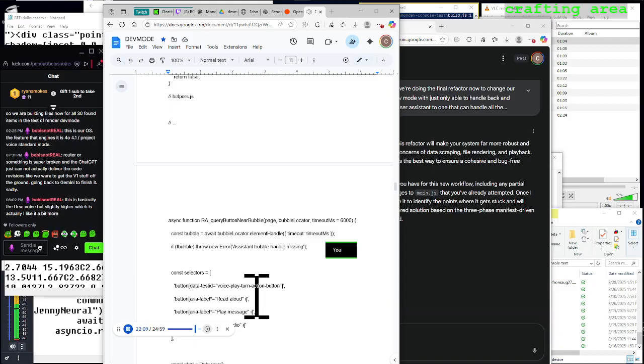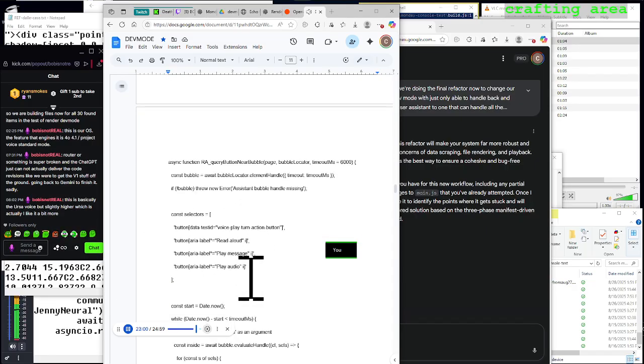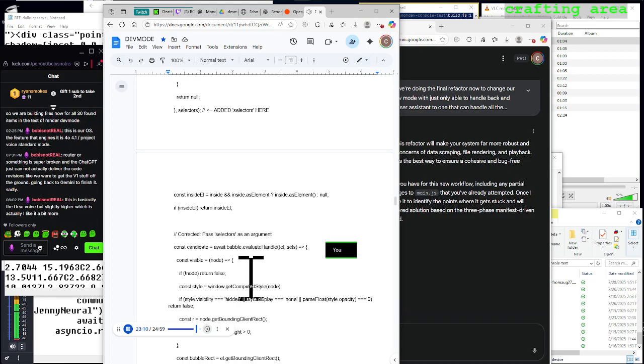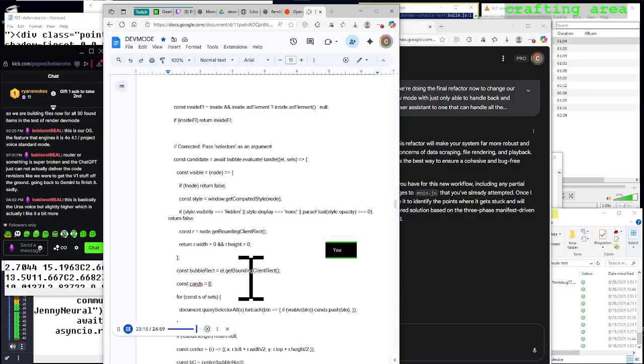Corrected: pass selectors as an argument. const candidate equals await bubble.evaluateHandle el, cells arrow. const visible equals node arrow: if not node return false; const style equals window.getComputedStyle node; if style.visibility equals hidden or style.display equals none or parseFloat style.opacity equals 0 return false; const r equals node.getBoundingClientRect; return r.width greater than 0 and r.height greater than 0. const bubbleRect equals el.getBoundingClientRect. const cans equals; for const s of cells, document.querySelectorAll s dot forEach btn arrow if visible btn cans.push btn. If not cans.length return null. const center equals r arrow x: r.left plus r.width divided by 2, y: r.top plus